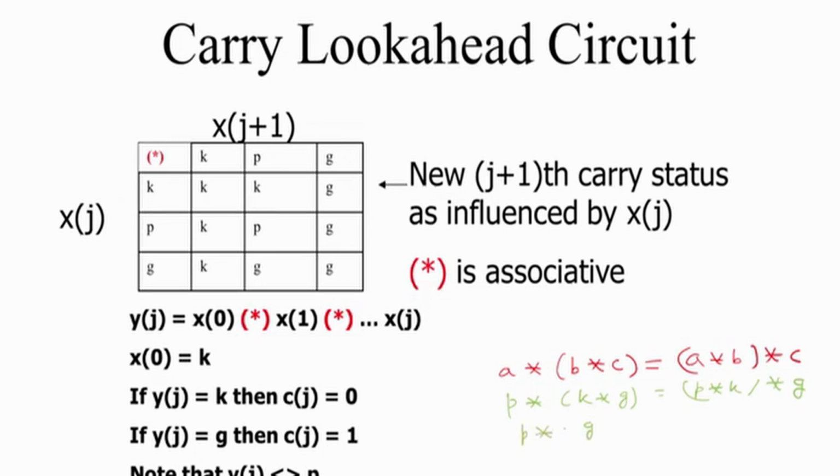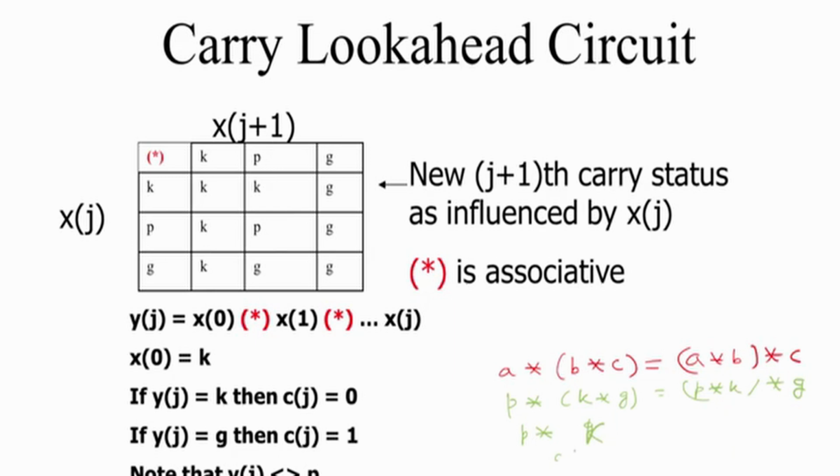K star G is G. P star G is G. K star, K star. No, we are doing it xj plus 1, which is okay. Anyway, whatever be. So, K star, K star G is K, and P star K is